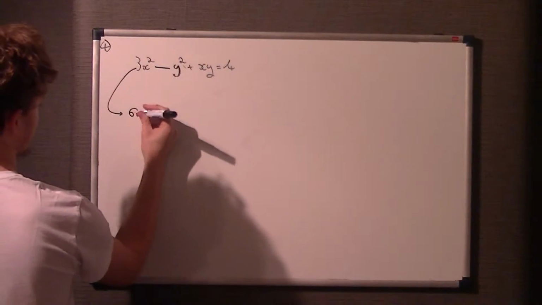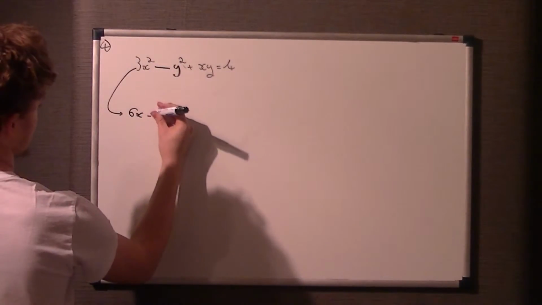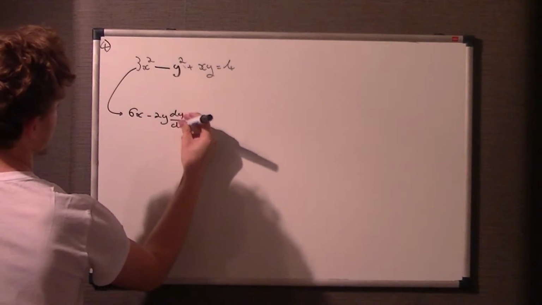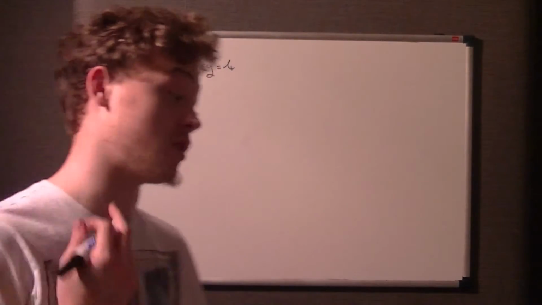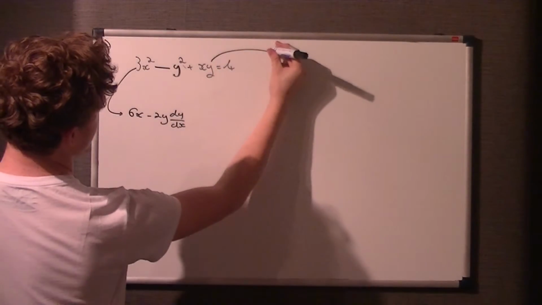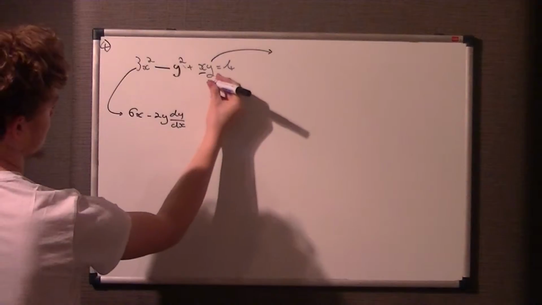First term is nice and easy, it's just 6x. The second term is a minus 2y, and we put dy/dx next to it. Now, as I said, the reason we do that is due to the chain rule, and the official explanation is on the C4 playlist. Now this xy, to differentiate that,